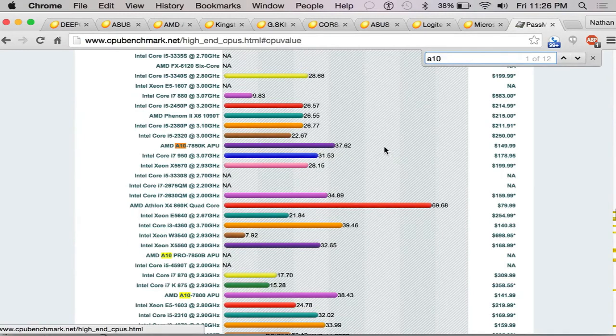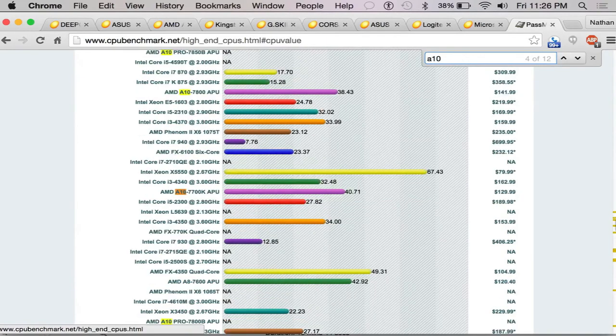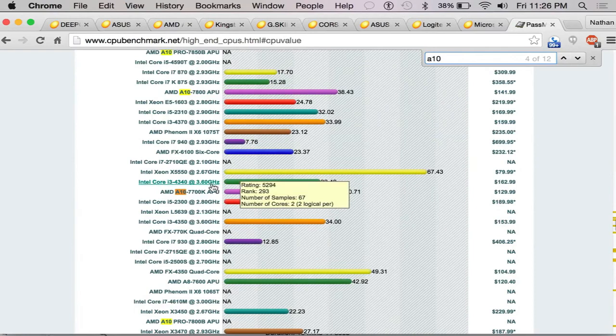a very limited choice. There are some other A10 processors on here. They're about the same dollar to performance ratio. Some of them, though, aren't FM2 Plus socketed. We want FM2 Plus. I mean, the motherboard will take an FM2 socketed processor, but you actually lose some features such as the PCI Express 3.0 capability of the board. So once again, we're sort of backed into our corner on this one, and we're going to go with the